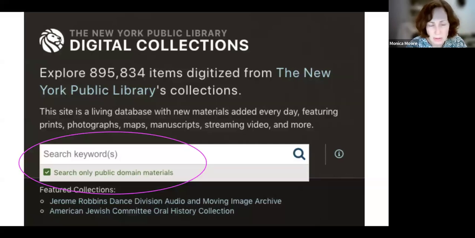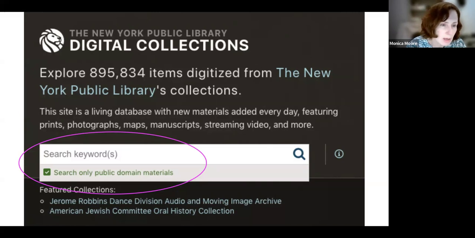I might need to do a lot of things with this content, so it'd be really good to know there are no restrictions on it. So I'm going to check this box, because everything that gets returned to me, I know is in the public domain, and I'll be able to make a decision and not worry about requirements and restrictions, which can be a very empowering thing. And even to lead with it as a digital collection, it's nice to give your users that option. It's possible and can be done programmatically, because the metadata and the rights statements are implemented at the item level in your digital collection.